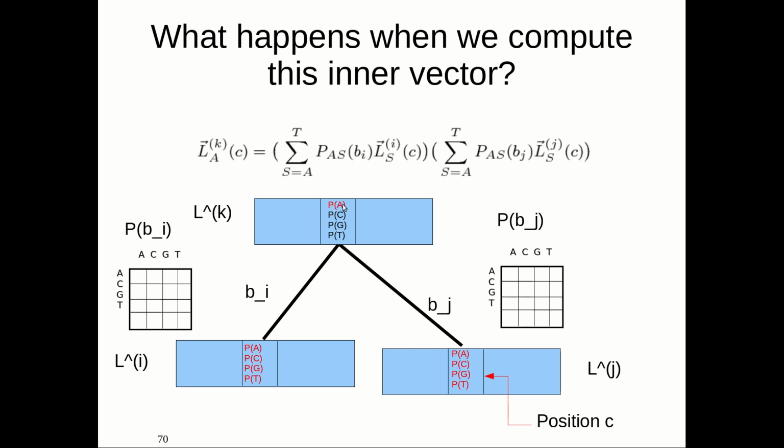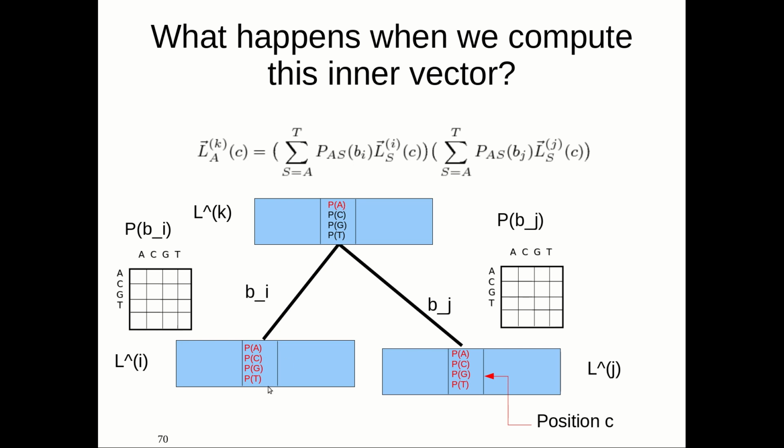been obtained by a transition from A to A here, or from A to C here, or from A to G here, or from A to T here, right? So I've used the OR that explains the summation sign here, right? Because A could have appeared here by a transition from A to A, C to A,